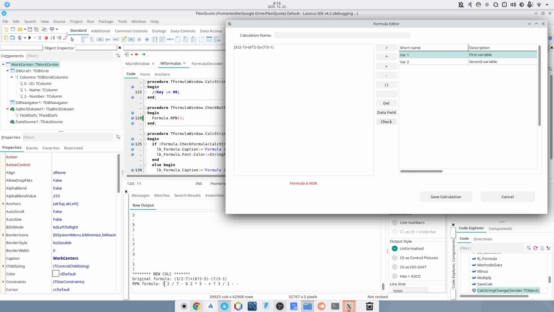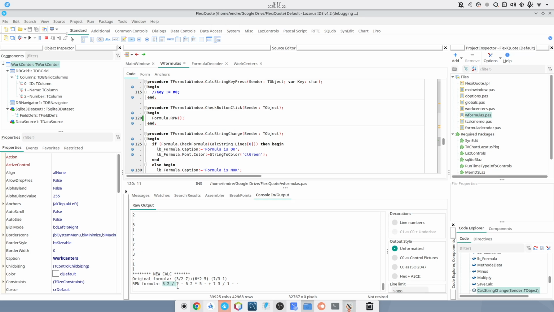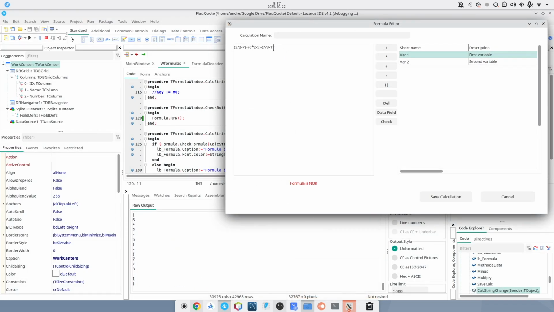So the 7 is now not at the front of the calculation, but at the end of the calculation. And then, of course, the method is the same. We divide the 3 by 2. We replace this 3 with the number, and then we will have the result minus the 7 because of this calculation here, and so on and so on. So basically, that's the method. And the formula which is creating this reverse Polish notation can even handle, let's say, more complex formulas